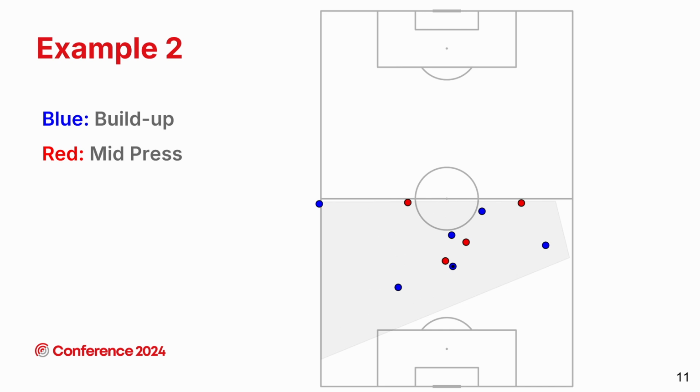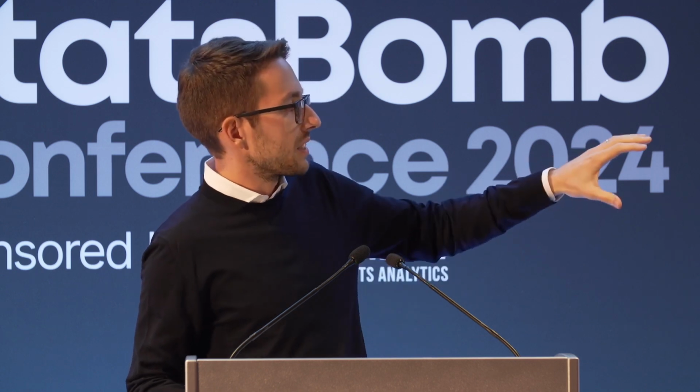And as we define the out-of-possession phases, our framework being dependent on the player positions on the pitch and not the ball location, our framework allows for more realistic matchups, being non-symmetric. So we have a build-up and a mid-press, and we do not have necessarily a build-up and a high block. That could be the case if we had assigned the out-of-possession phase to be dependent on the ball location, because then the ball would be in the attacking third, so they would be in a high block, but they're actually in a mid-press, depending on the players' location.